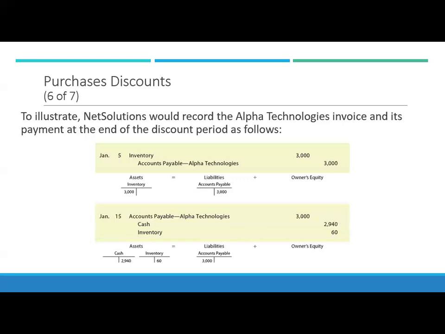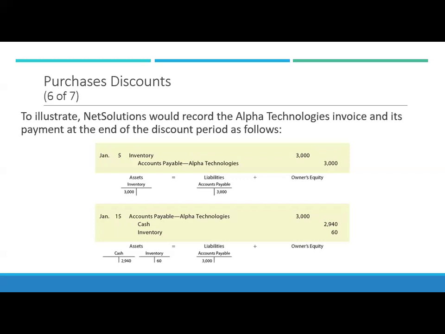And so we initially recorded it at the $3,000. So we debit inventory 3,000, credit accounts payable, that's on the 5th, that's on the invoice date. Then when we pay it back on the 15th, on day 10, it settles the full $3,000 amount, so that cancels out our accounts payable for this transaction. But the cash that we pay is only 98% of the invoice, so it's $2,940, and then we reduce our inventory by $60 for the discount